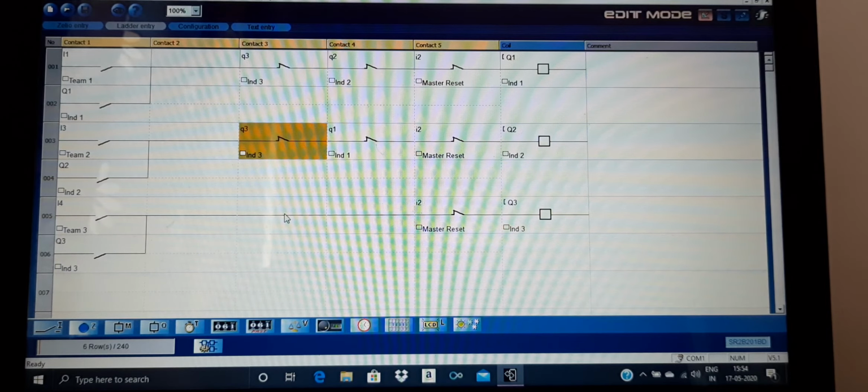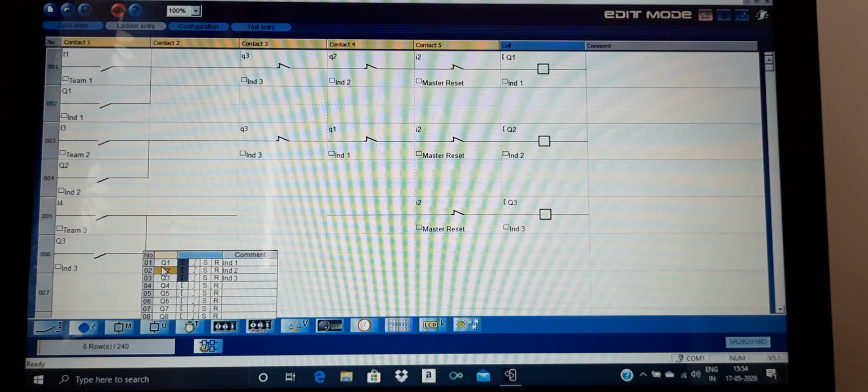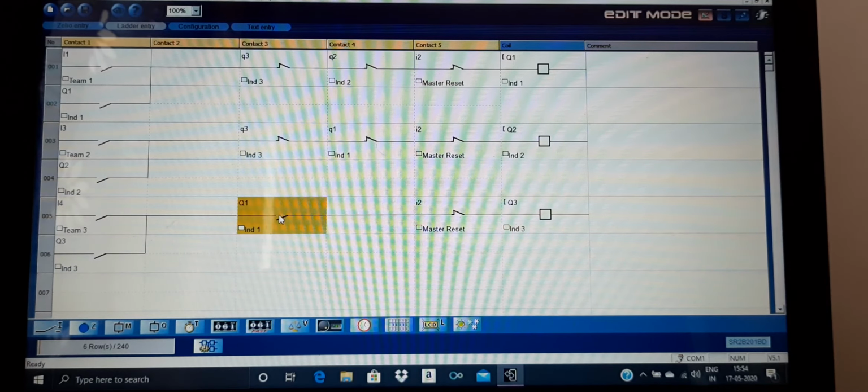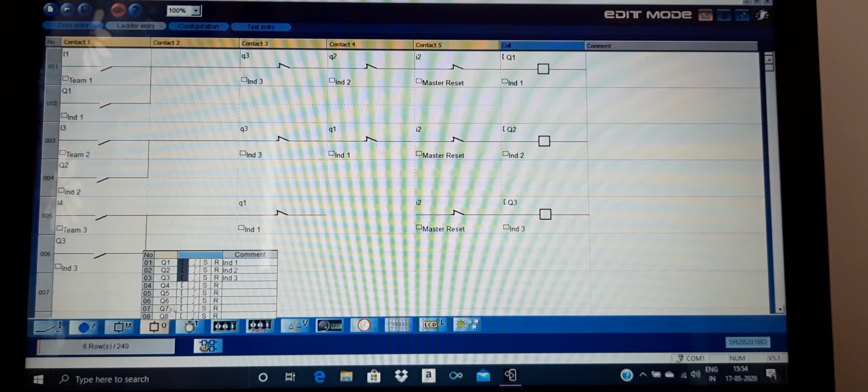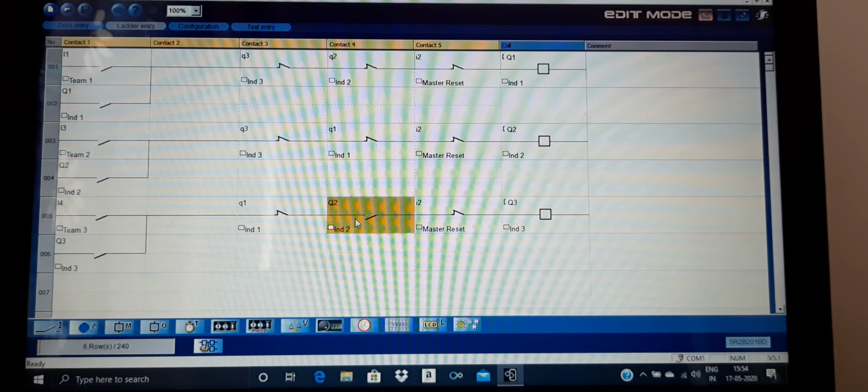And for here it will be that of team 1, and that of team 2. Okay. I hope you have followed this. In the rung of team 1, we have placed the normally closed retention contacts of team 2 and team 3. For team 2 we have placed those of team 1 and team 3, and for team 3 we have placed the retention contacts of team 1 and team 2.